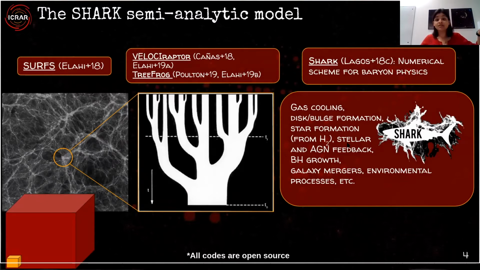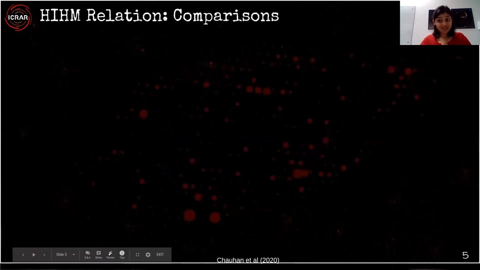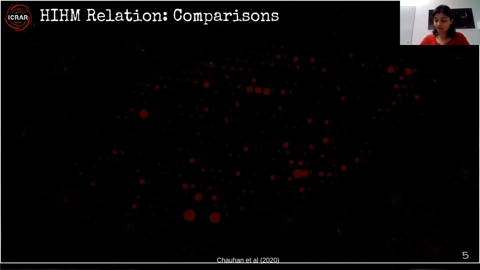And that also gives us an idea as to how much HI would be there in the galaxies, which if we track back to halos, we can also understand how much HI would be there in our simulation in a particular halo. So once we have the HI ready, the next part is to make comparisons with the HI halo scaling relation that you get from observations, and to see how good we are doing if we just look at